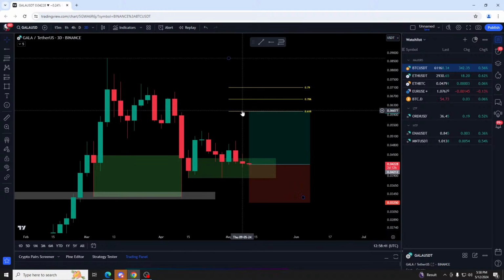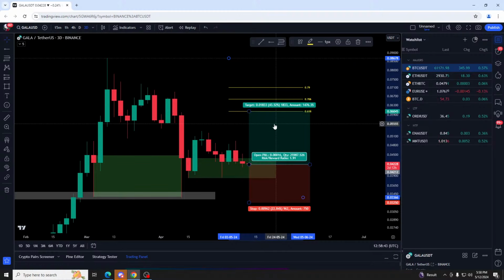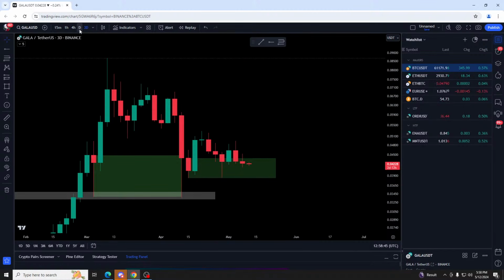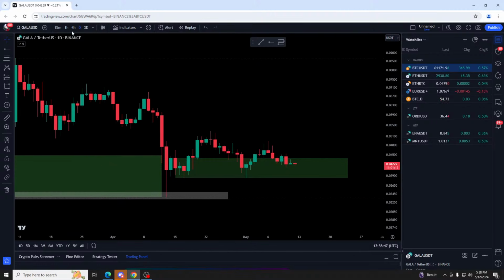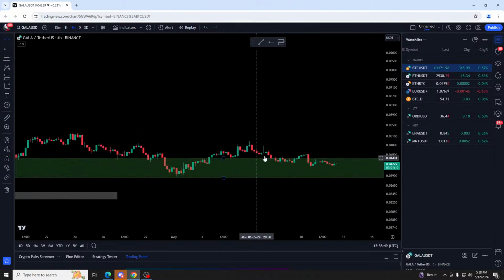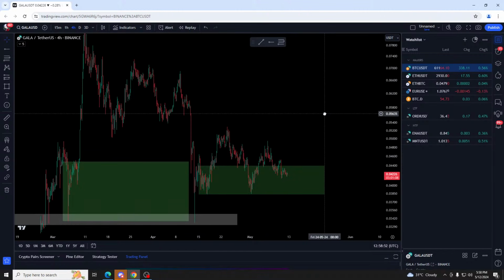But if you don't want to enter at market price and want to wait, you want to see a change in structure. Since this is a 3-day, it's going to take some time to actually play out. So if I can find you something on the lower time frame,